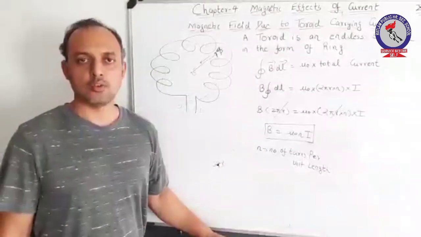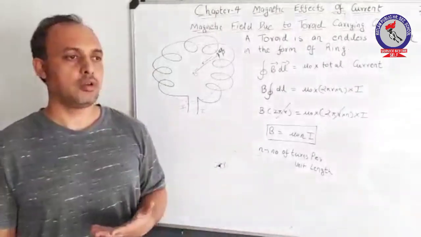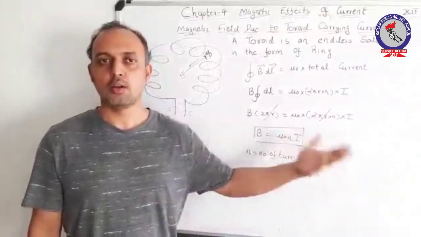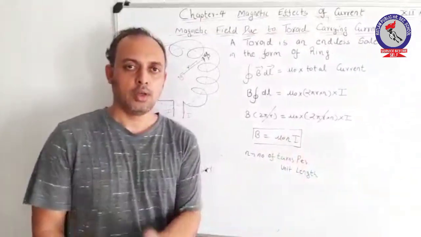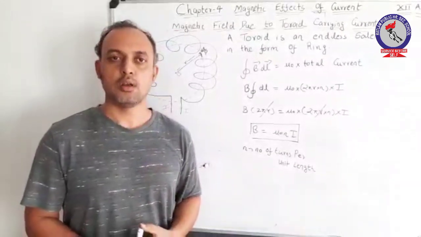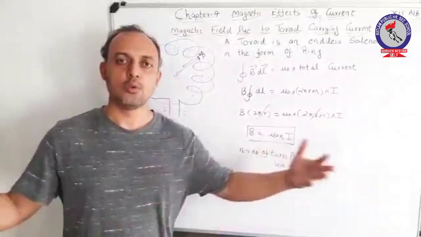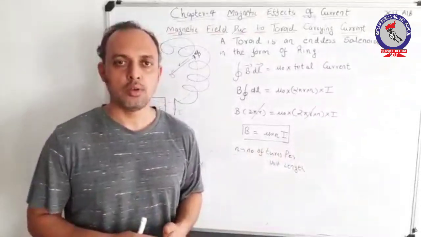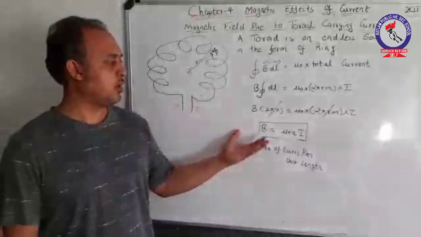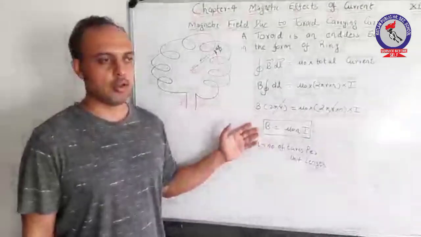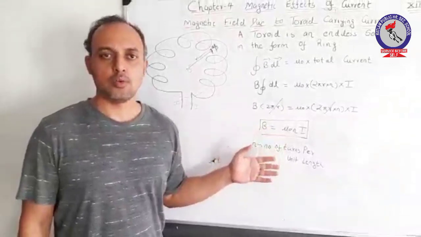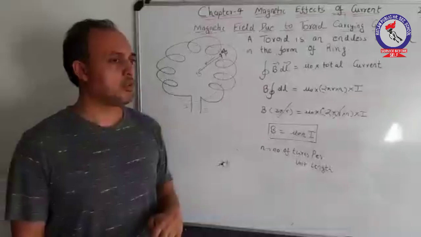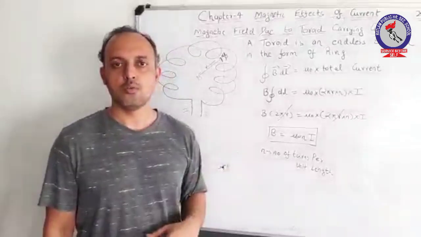Comparing with that of a solenoid, we had observed the field which was created at the center and the field which was created at the end. Both were different. At the center, the strength of the magnetic field was maximum. Moving towards the end, the strength of the magnetic field reduced to half. But talking of the toroid, it is very clear from the expression that the strength of the magnetic field at any point inside the toroid remains uniform.